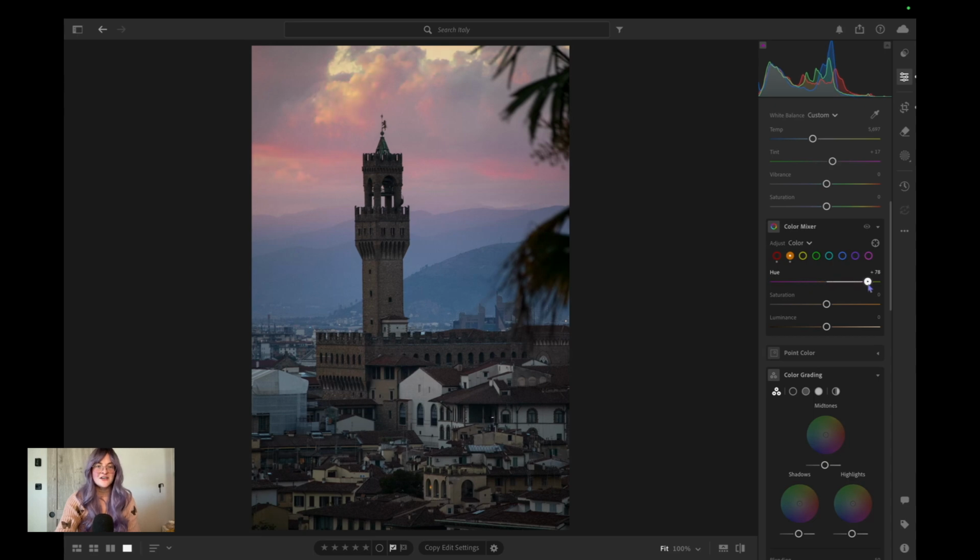Okay, yeah. So see how that just changes so much. So I'm going to go down, maybe bring it a little bit more towards pink. Be a little bit more towards, yeah, I like it there. Maybe a little bit more towards a pink. Yep, love it. Okay, now the yellows, I don't really want to focus on yellows because I think that would